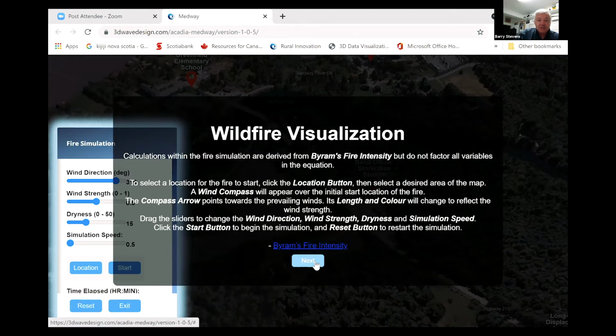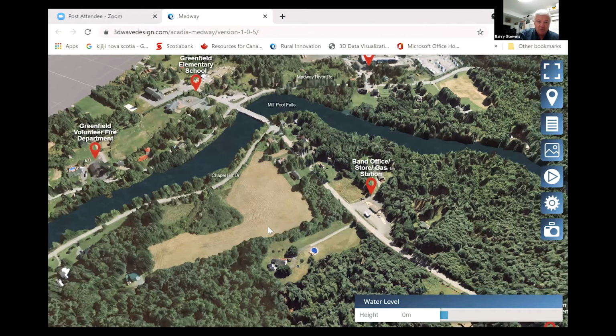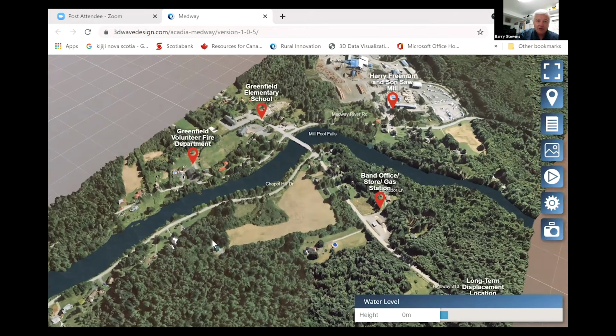Now this is a simplistic modeling that we've done. It's based on Byram's fire intensity formulas. We're working currently with Natural Resources Canada, the Canadian Forestry Service. We're working with their fire scientists and their programmers. We're rigorizing this to the Prometheus model, if any of you are familiar with that. So a lot of talking. Here's the website. Now, the graphics are far more detailed on our later versions. This is an early version, and it's super smooth on mine, but it's probably choppy when I'm showing you here